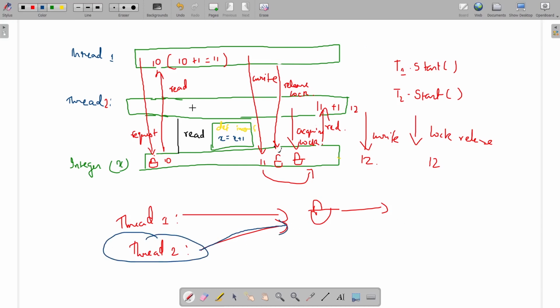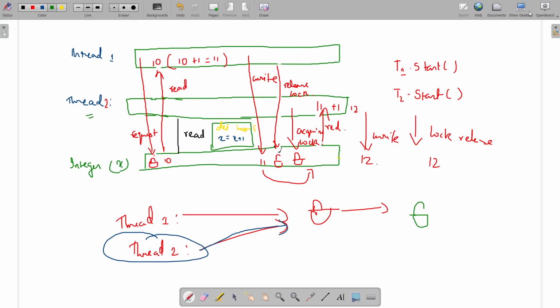As soon as the lock for thread 1 gets released, this thread 2 will acquire the lock. I guess this concept is clear now. Also, we know that this lock can be acquired by only one thread. Thread 2 was also trying to acquire this lock, but it was not possible because this lock can be given to only one thread. So till then thread 2 will have to wait.